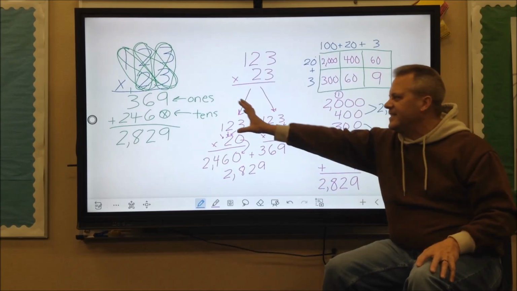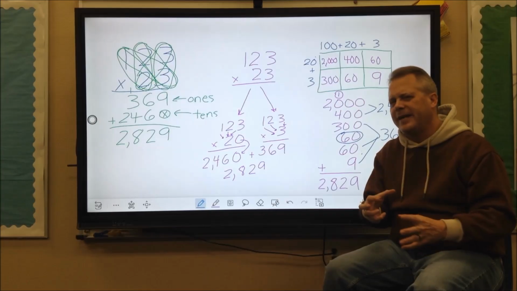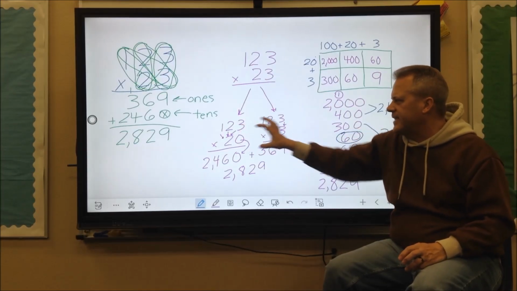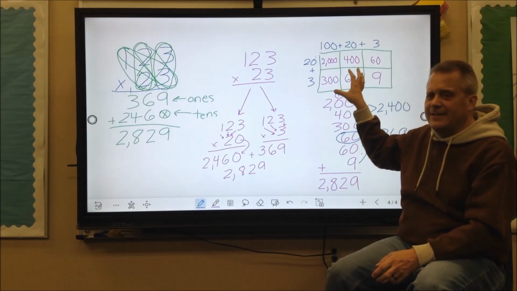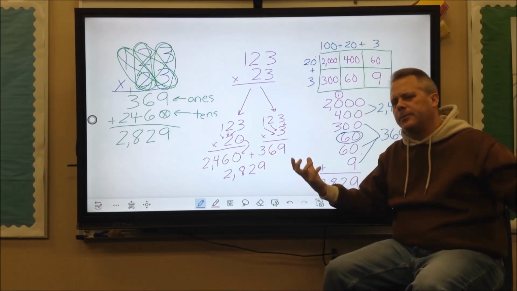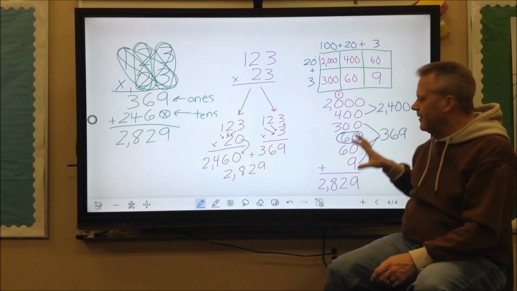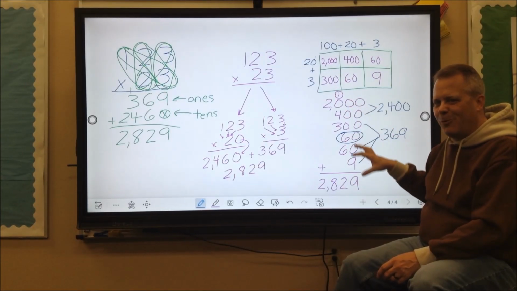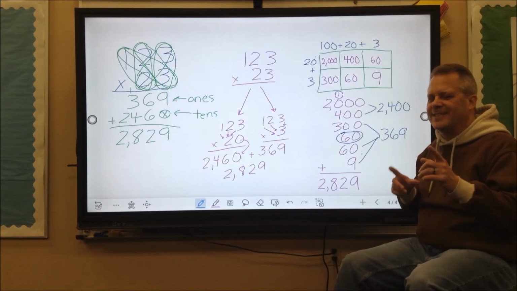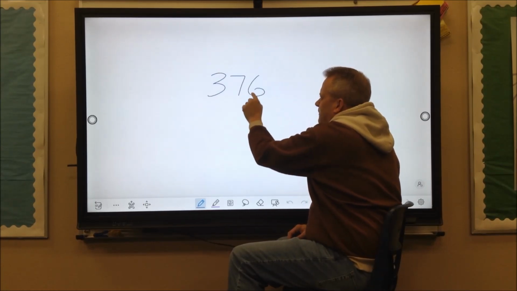I will say this, if your family is trying to show you the standard algorithm and it's not making sense to you, break apart the tens from the ones, or if you need to, break apart the entire number, but keep in mind, your boxes are going to get greater. The numbers you're going to have to add up a lot more of them if you're doing this step, and especially if your teacher asks you to solve a problem like this,